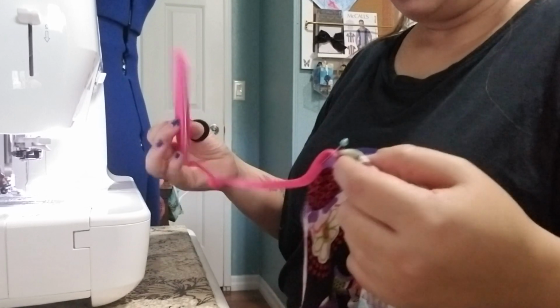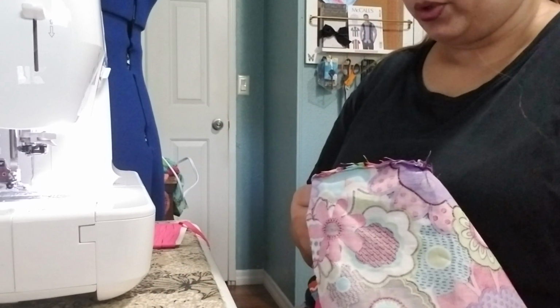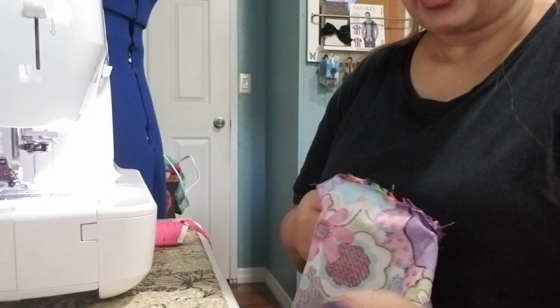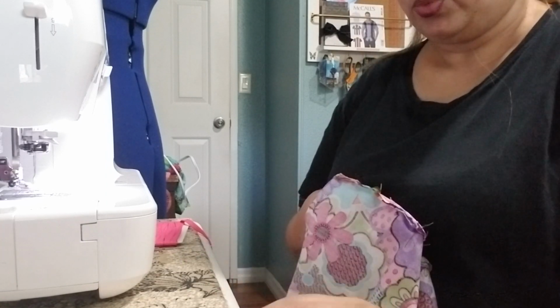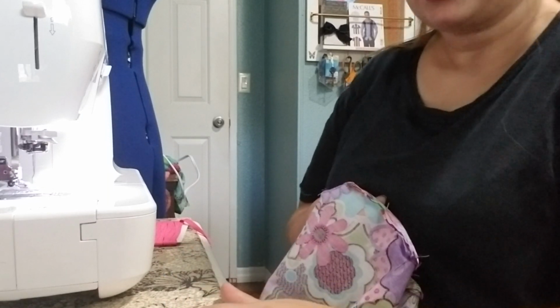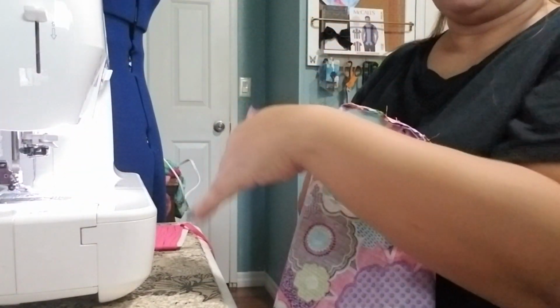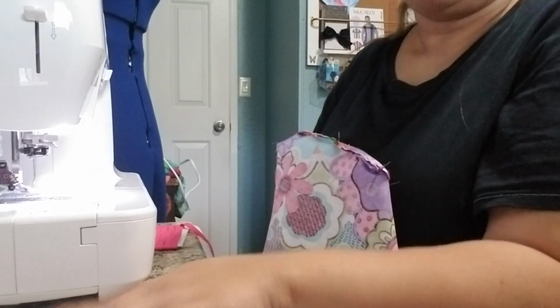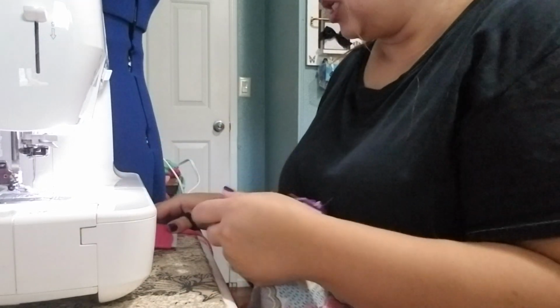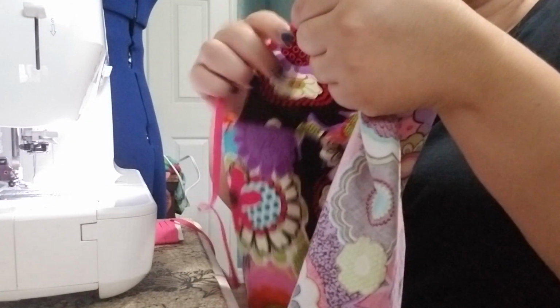So you just set it up like here on the edge, or if you have a drawer that pulls out. Mine's this drawer right here, it doesn't pull out because I think this used to be a sewing table before. At least that's what the lady told me. So if the sewing machine goes right here, you wouldn't have a drawer here. So I'm just gonna leave it here on the corner,